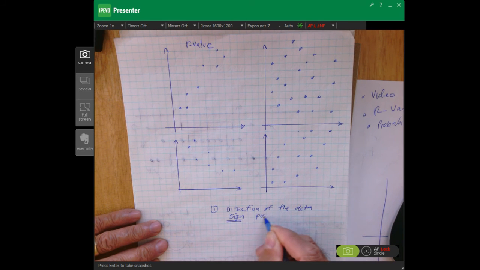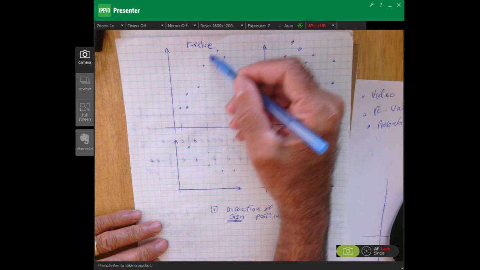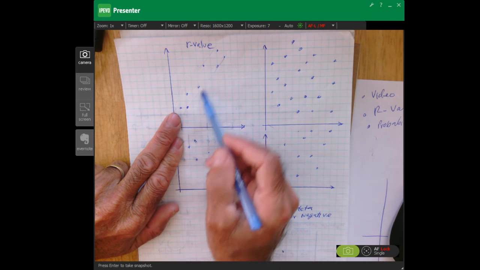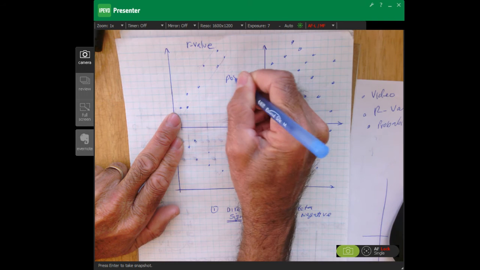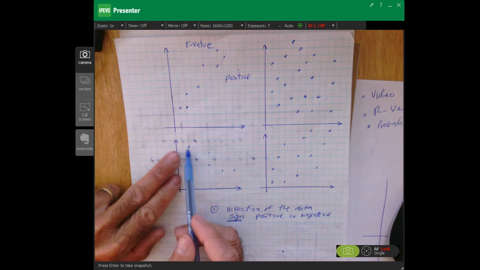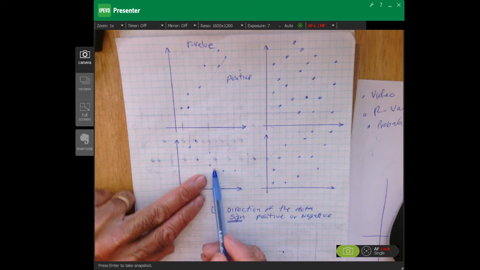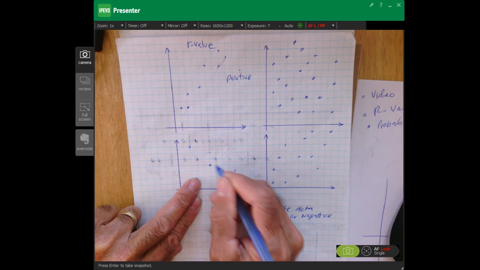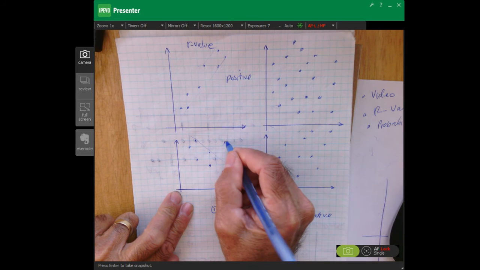Okay, it's either going to be positive or negative. So if the data goes up to the right, like this data does here, as you go to the right, you should be able to see some sort of pattern. Okay, now that's positive. Now here, as we start here, everything's too high, and as we go to the right, the points are getting lower and lower and lower. It's going down to the right,